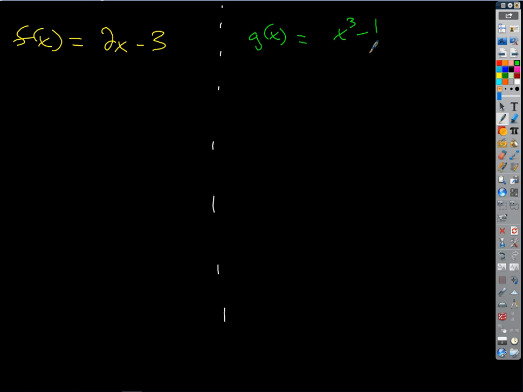So let's take the function. How about if we take two functions? Let's take the function f of x equals 2x minus 3 on one side. And then over here, we're going to take the function g of x equals x cubed minus 1 over x minus 1. Okay? If I graph these, I would end up with something like,